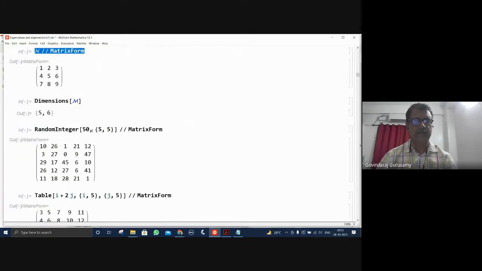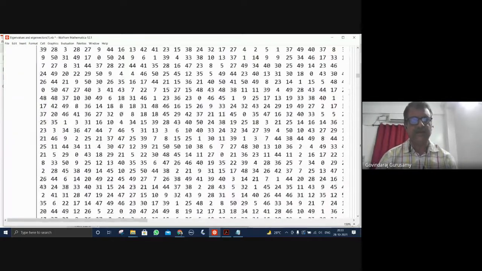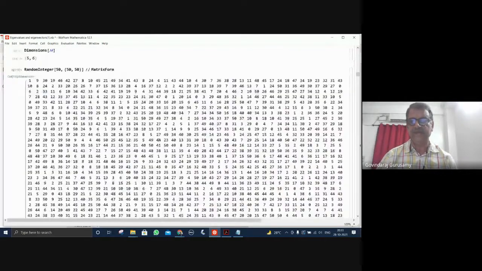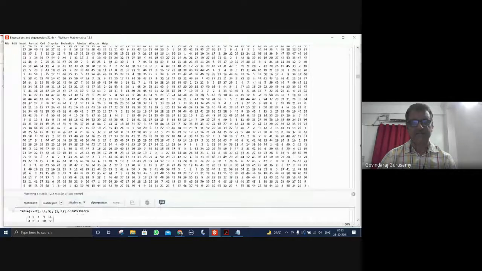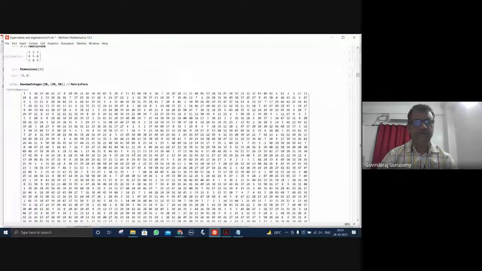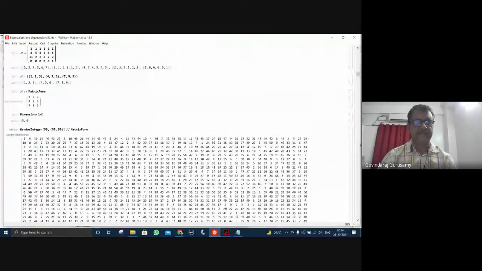Now you have random integers, 5 by 5. You see the 5 by 5? 1, 2, 3, 4, 5. I can have 50 by 50 if you want. You just add the numbers, and you can generate however big a matrix you want. It's not a big deal at all. So I have a 50 by 50 matrix. You can find the inverse; you can do very many things. This is your 50 by 50 matrix, which is random integers that have been generated.